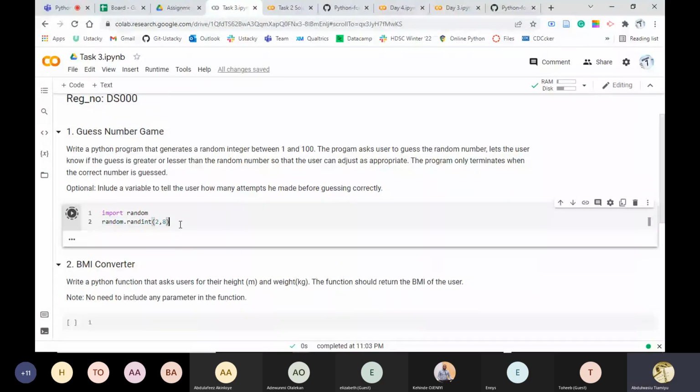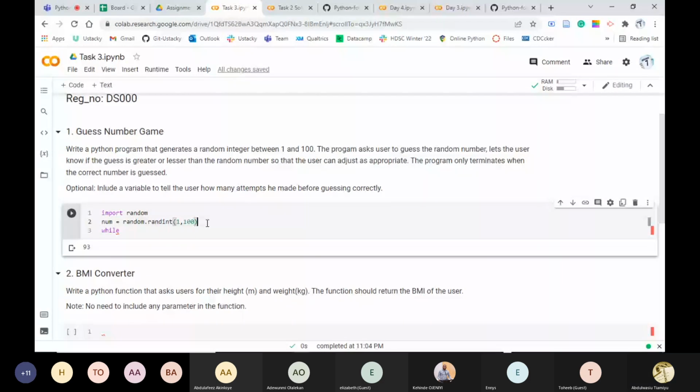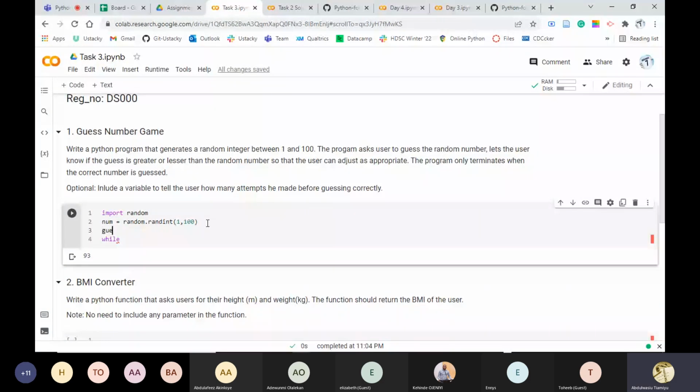You can see that the random number will just be changing all the time. So what we need now is from 1 to 100. 1 to 100. That's 40. Another time 9. Another time 93. So I will name it my number. Then I can just use a while statement. Then I'll put guess. Guess equals to int